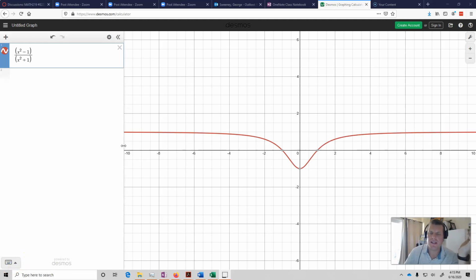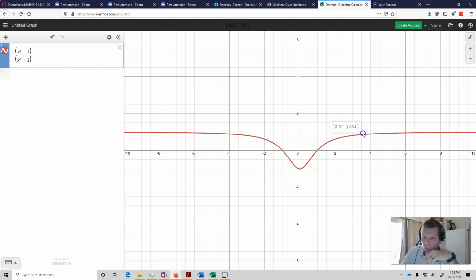And the function is x squared minus 1 over x squared plus 1. All right. And I want to see what's going to happen as x gets really, really large. Okay, so one thing is I can take a look at this graph, and what I'm going to see